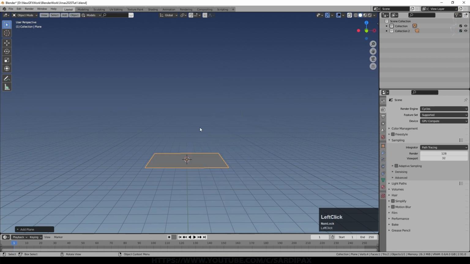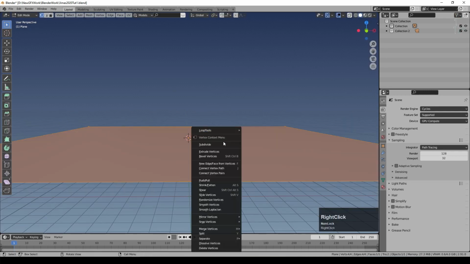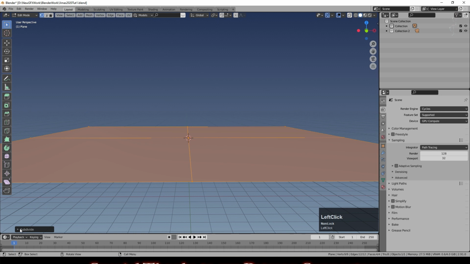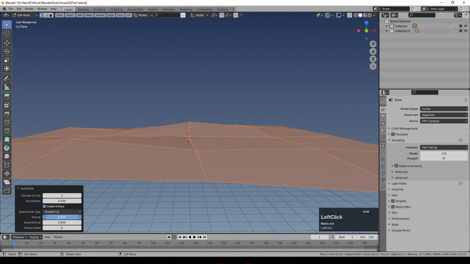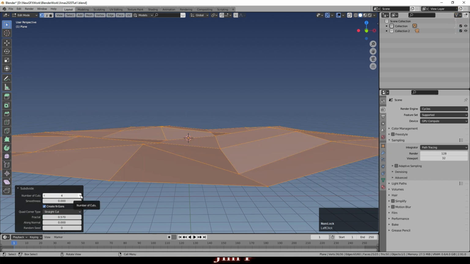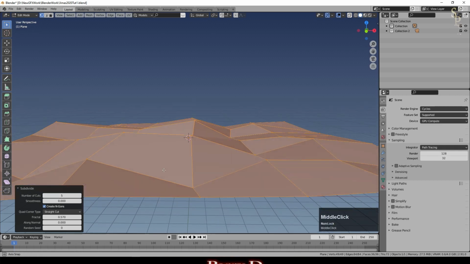So we'll just create a plane, we'll scale it up, and then we'll go into edit mode, right click and subdivide. We come down here, subdivide a couple more times, and then go into fractal and put that up, and you can see we start to get some actual landscape now. And we'll subdivide a little bit more. We're going to need quite a few vertices in certain places, but we don't want to go too mad.